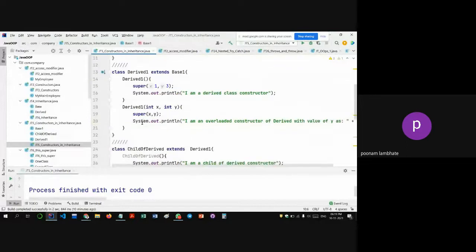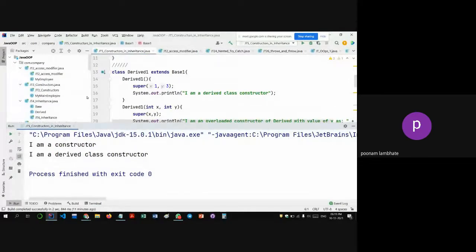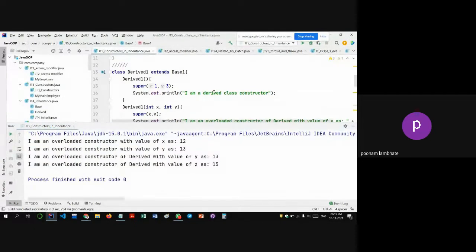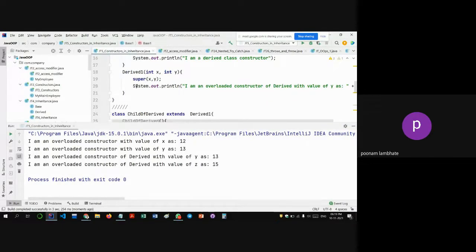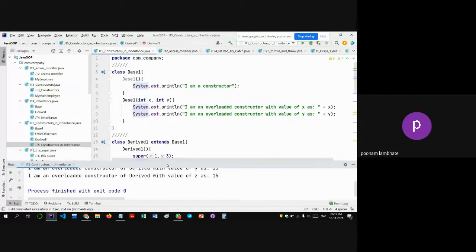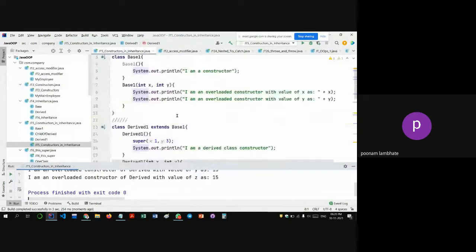So when you call the grandchild class, its grandparent will get called first or its parent will get called first. Let us check that. Okay. Means when you're calling grandchild constructor, we know that its ancestors will get called first, right? So that is what I'll show you now. So I am an overloaded constructor. Yeah, this one and this one. Yeah. So how it is getting called is, we know that first of all, the most senior